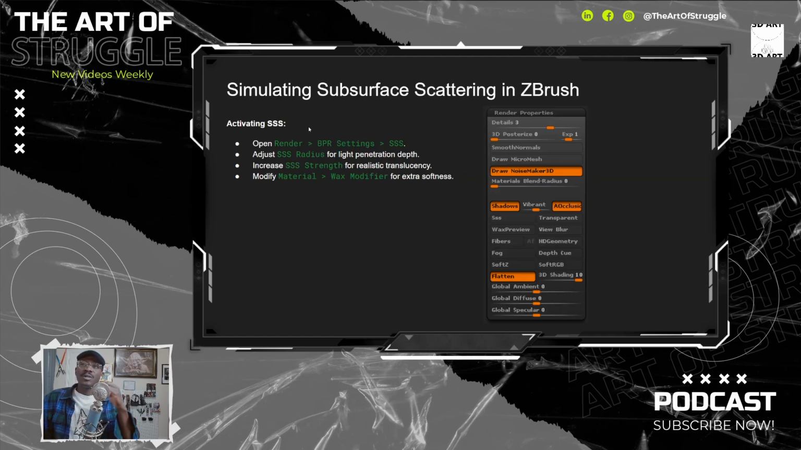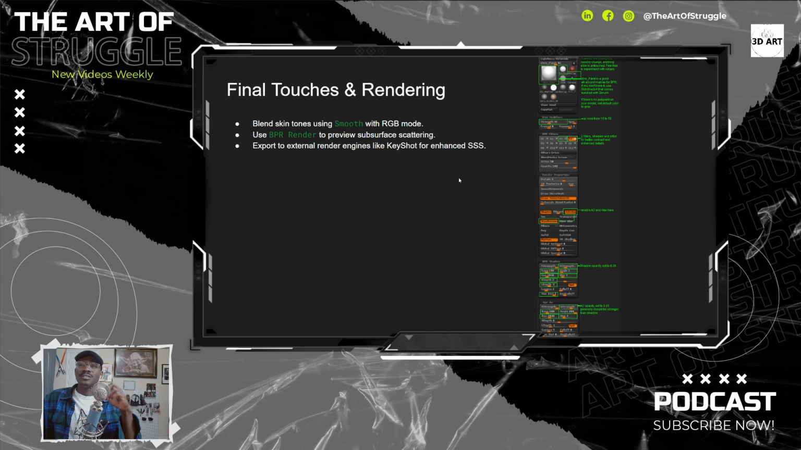All right, so when you want to activate your subsurface scattering, you want to go into your BPR settings, right? Adjust the radius for light penetration, increase the strength of the realistic translucency, modify the material in wax modifier for extra softness. Then you can blend the skin tones using smooth with RGB mode, use the BPR render view for subsurface scattering, and export to external render engines like KeyShot to enhance that subsurface scattering. So that's pretty much it for